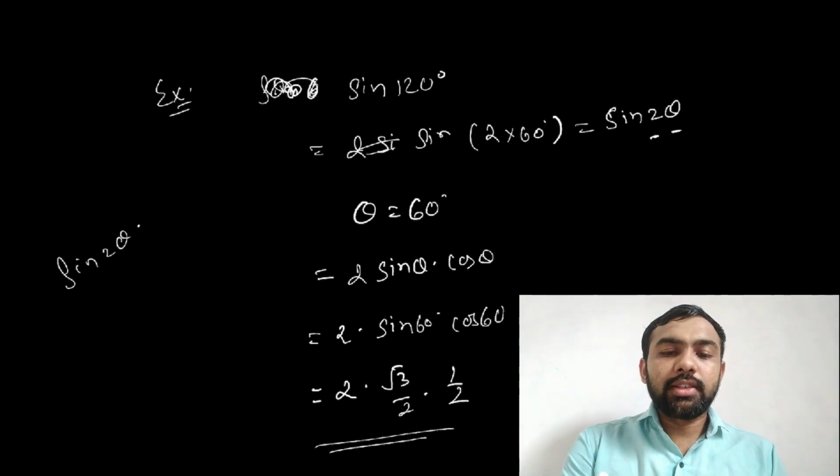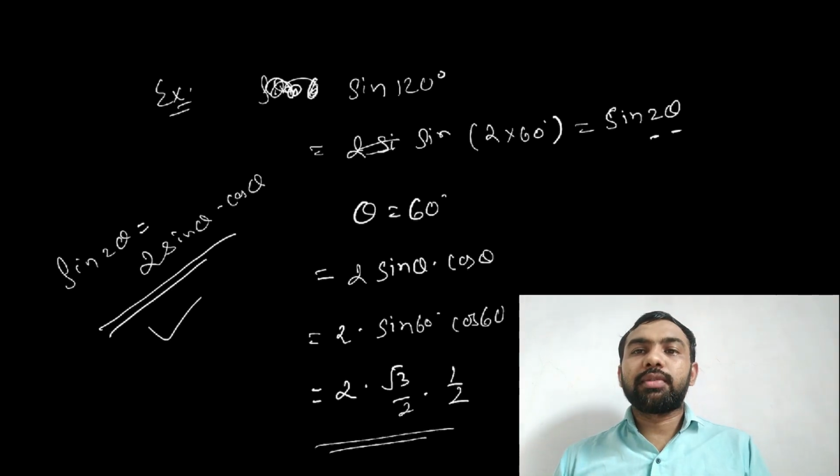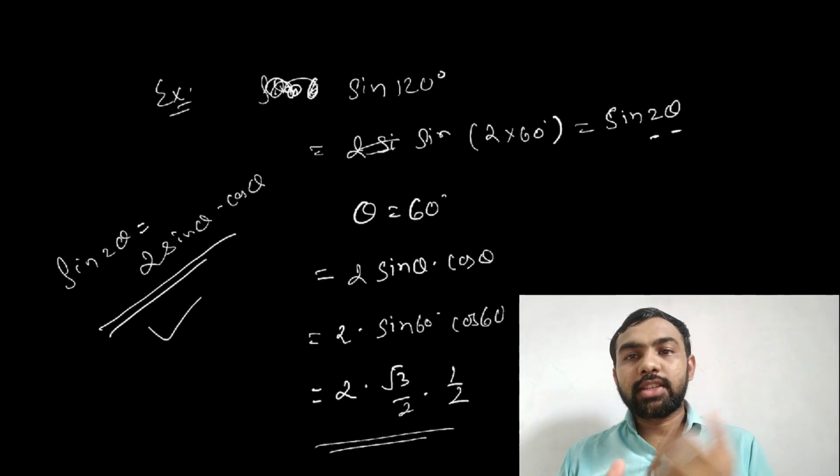Sine 2 theta is equal to 2 sine theta into cos theta. This must be remembered. That is very important in physics. We use this type of relation, this type of equation, a number of times. Okay, all of you must note this example in your books for practice. Then after that we will go to the next one. Okay, note it.